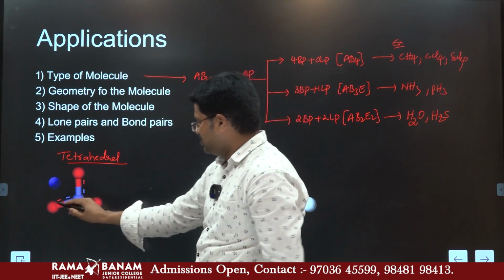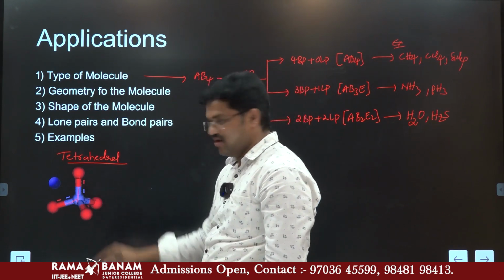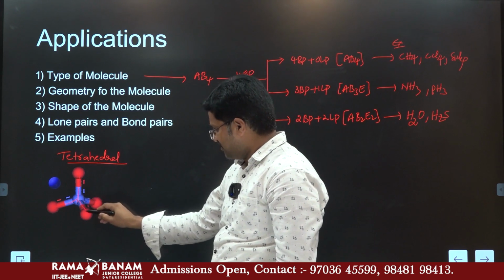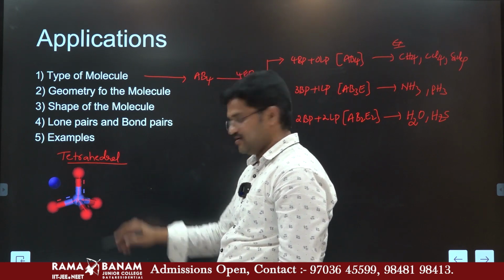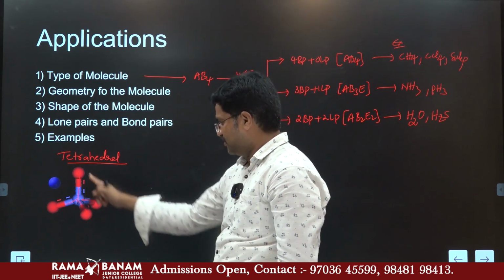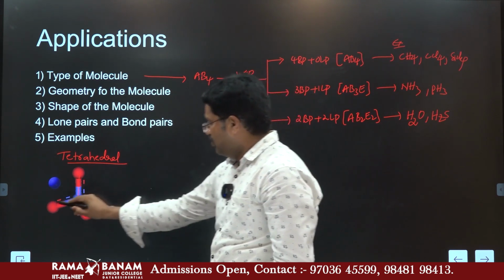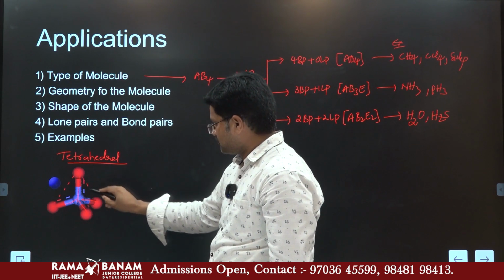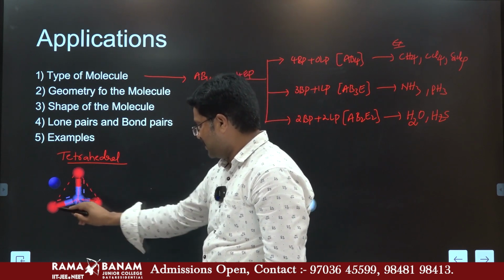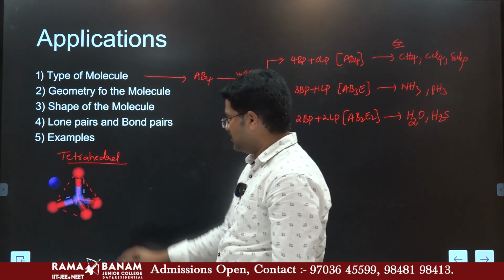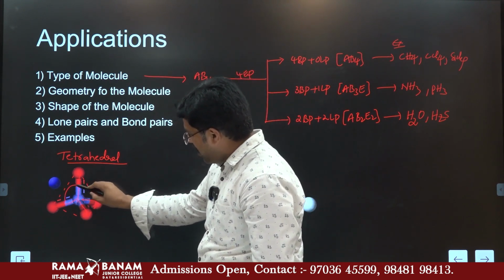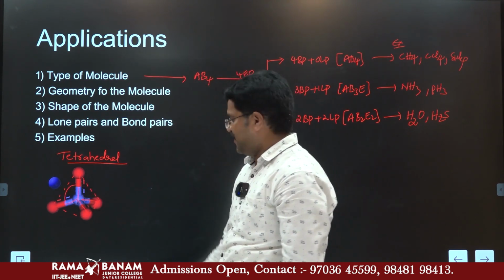Out of 4, these 2 are in-plane bonds. This is the front bond and this is the back bond. Totally 4 bonds and 4 hedral angles. Tetrahedral: the bond angle between any two bond pairs